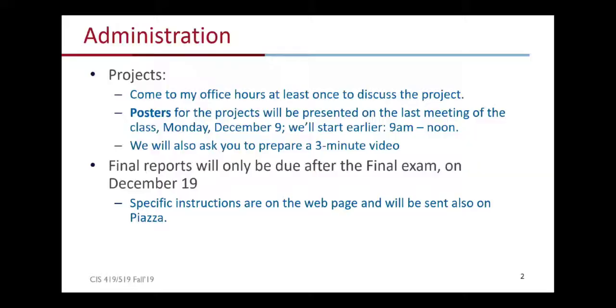First of all, I want to remind you about the projects, and I'm going to go back to it in the second part. I missed one office hours, but there will be office hours also Monday and Tuesday, so hopefully I'll get to see all of you. We're going to have the poster presentations, and then you'll have a few more days